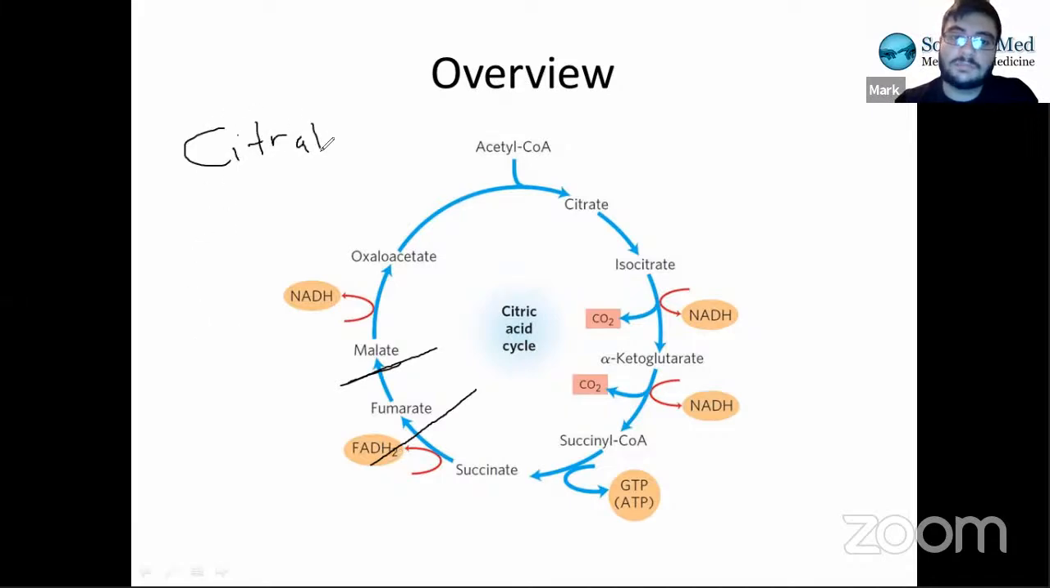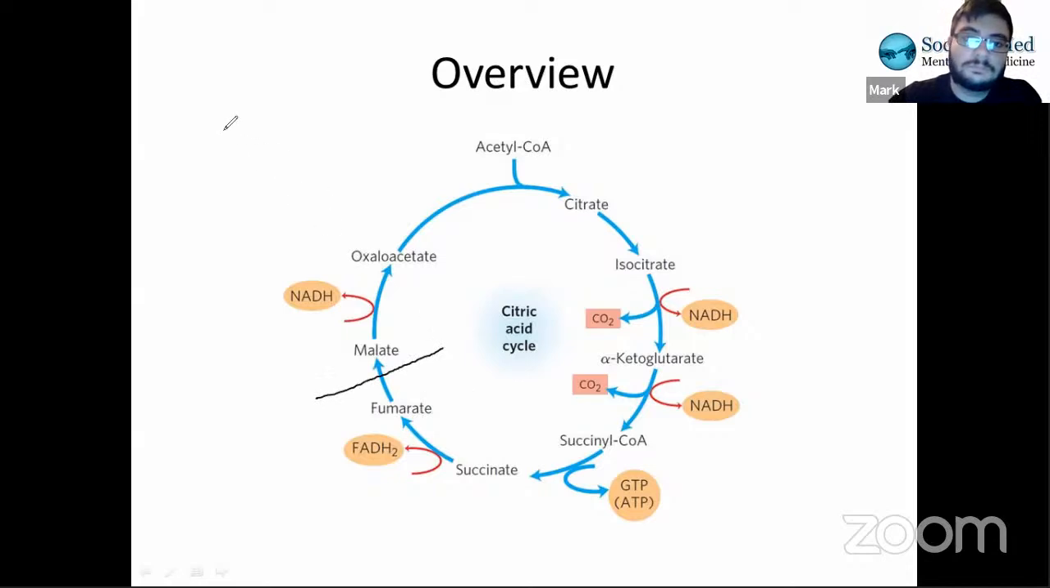So just to make it simpler, I'll actually ask this question. If we inhibited this step, what would we have? What would be built up in the cell? Would there be a lot of